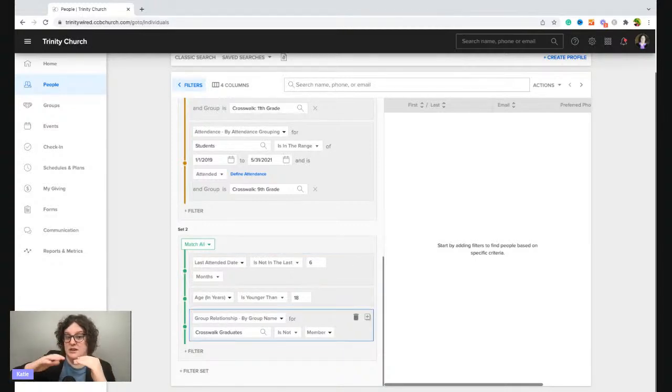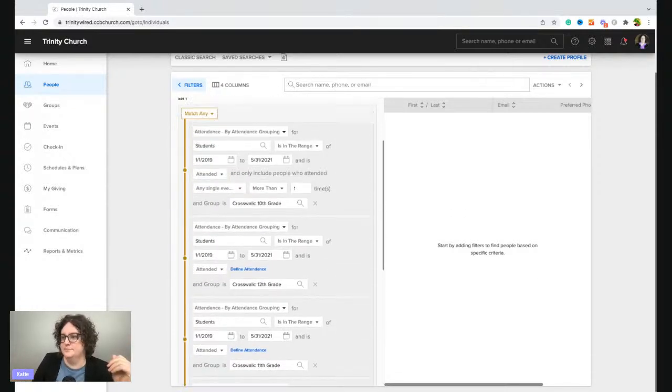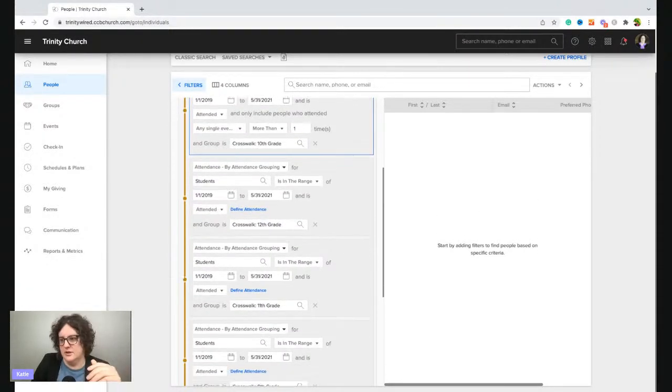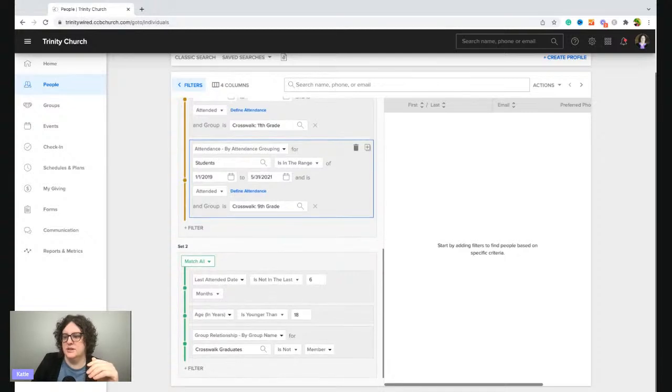It would basically pull all of our students. So I want to be sure that's and. It defaults to and. And then you can add like a not, if you want to get even more deep and complicated, but generally you can do most searches with just two sets.